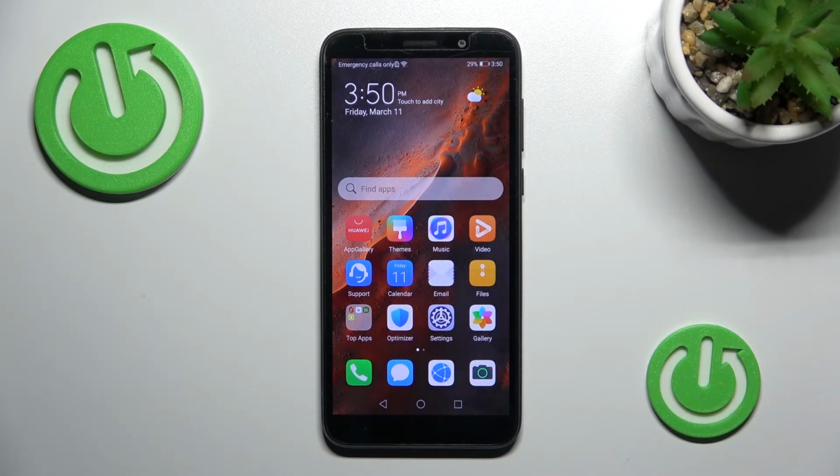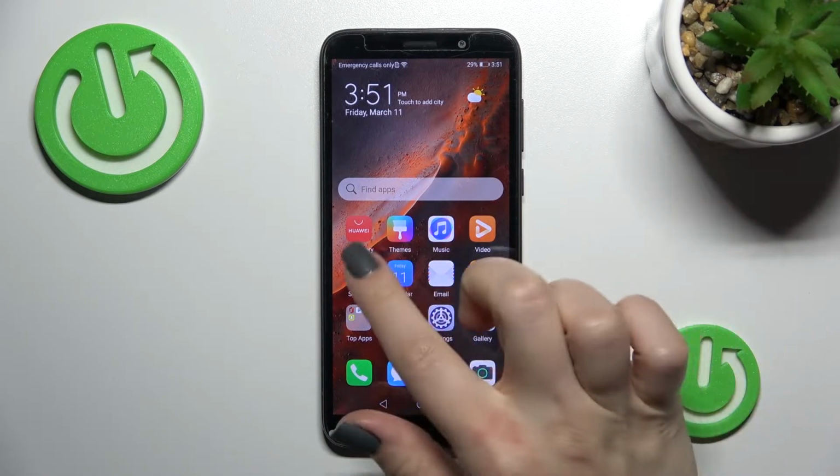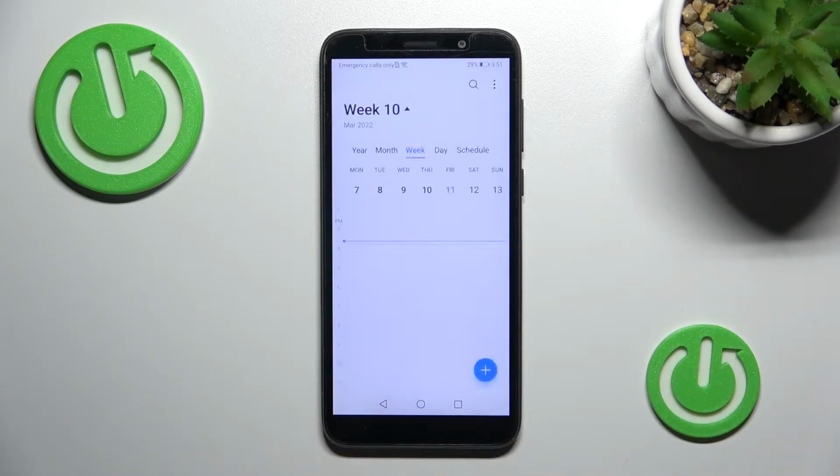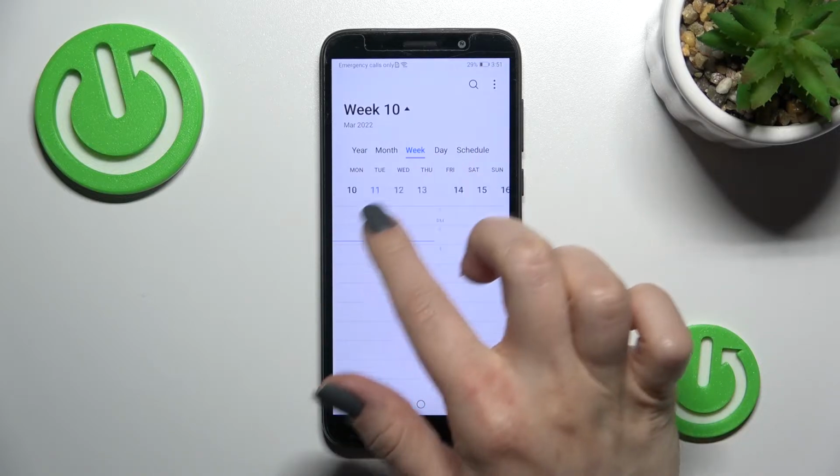Welcome. In front of me is a HUAWEI Y5p, and I'll show you how to add an event to the calendar on this device. First, you should find the calendar application somewhere on your device home screen or in the apps menu. In my case it's here, and now we can see our